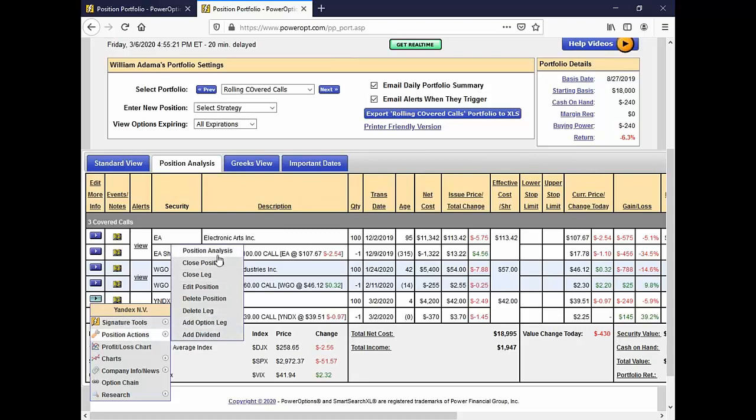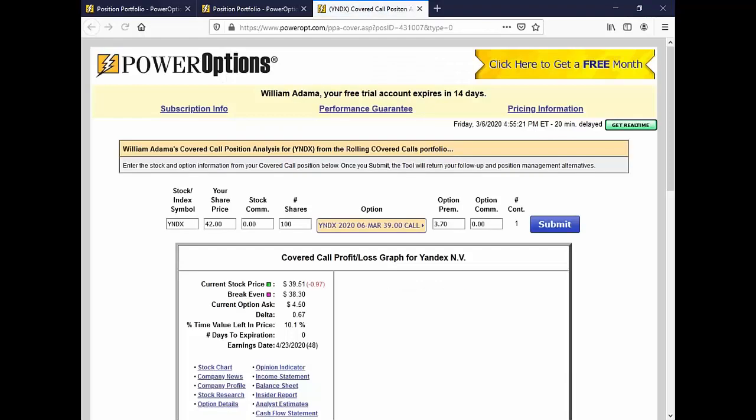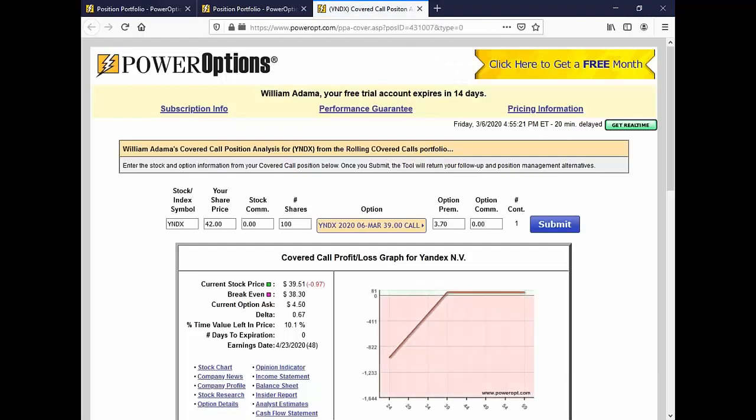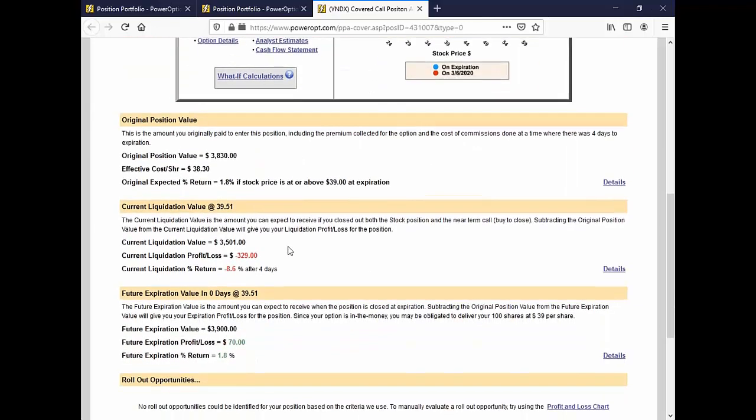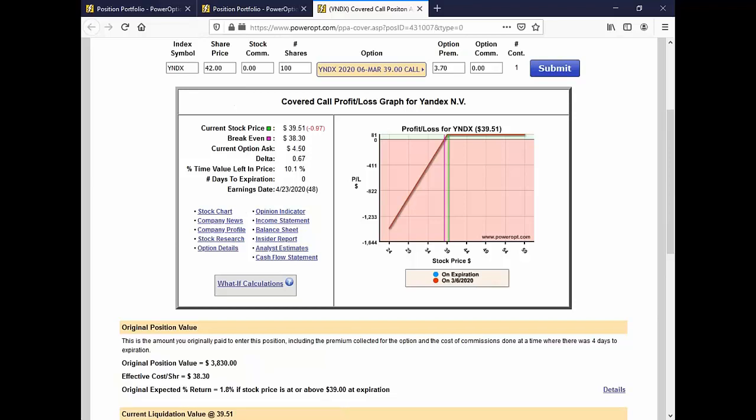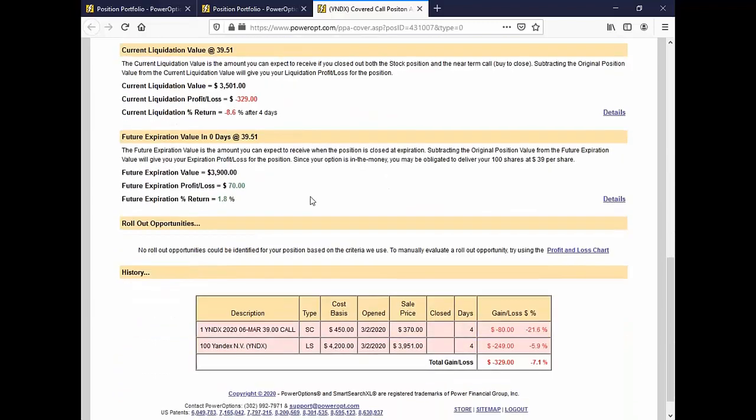But anytime you're in a position and you hit a trigger, you can go to the position analysis view from your position in the portfolio, and this gives you a breakdown of your current position. Again, the expected max profit, 70 cents or 1.8%. And did I read that expiration wrong? The 6th of March. That's very strange. In any case, so